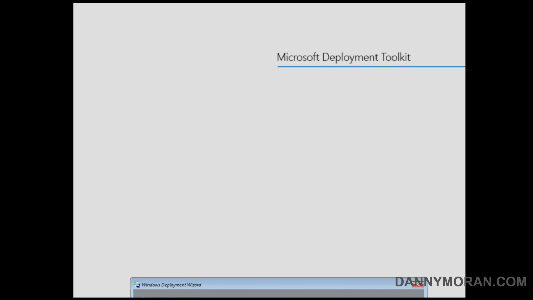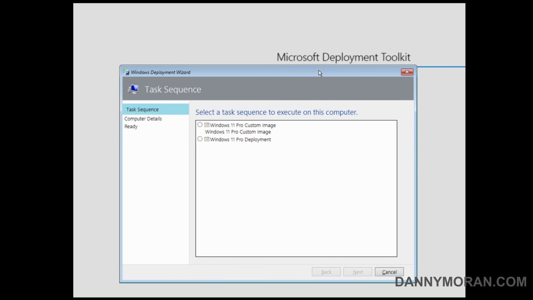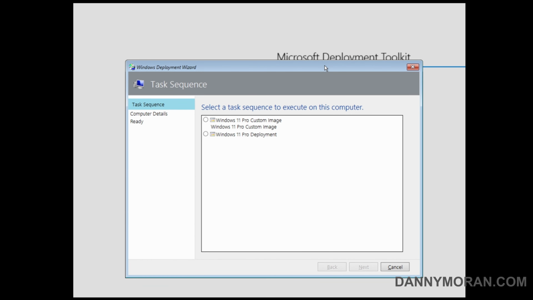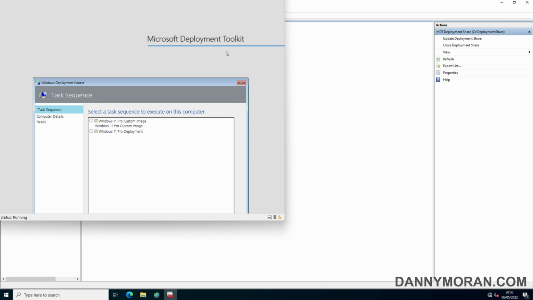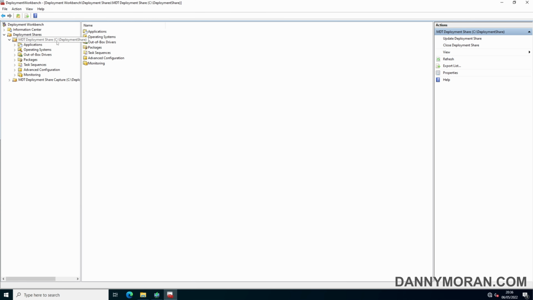There's a feature within Microsoft Deployment Toolkit which gives you the ability to change the background of your deployment. By default, when you deploy an image, you have a basic Microsoft Deployment Toolkit background. But if you go over to your deployment server, onto the server which has the deployment workbench installed, you can